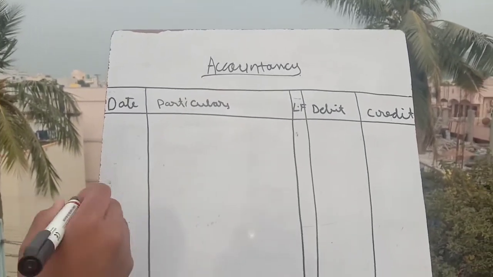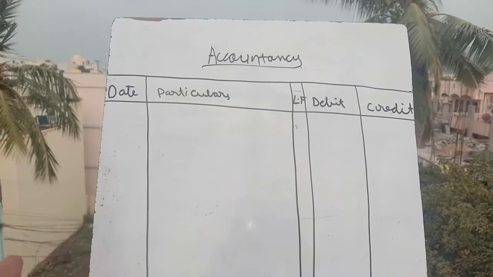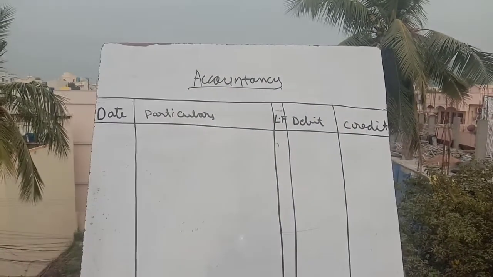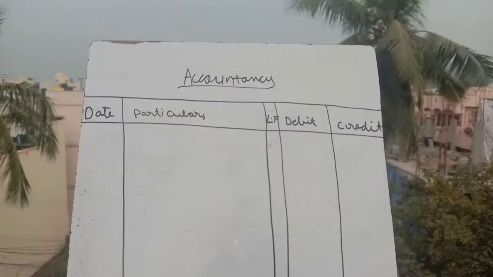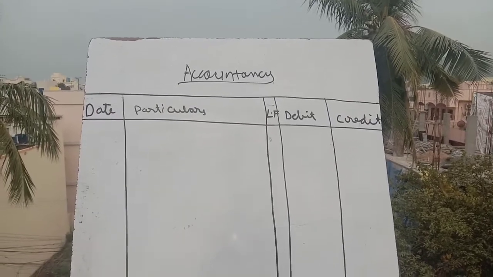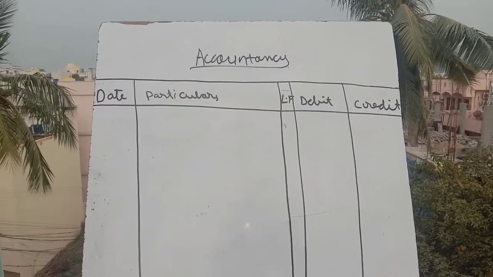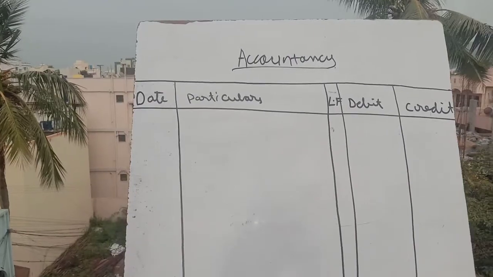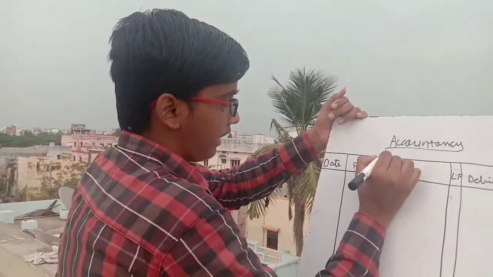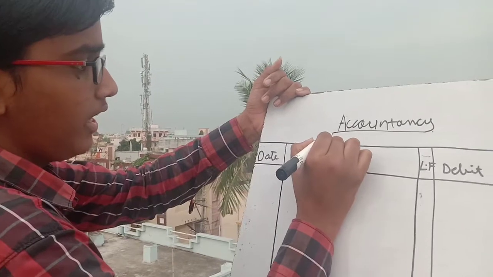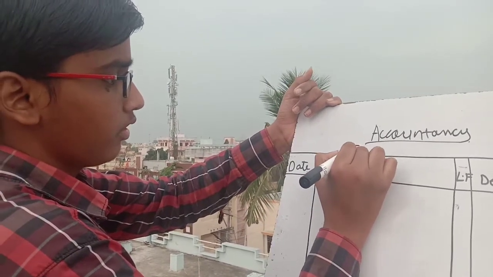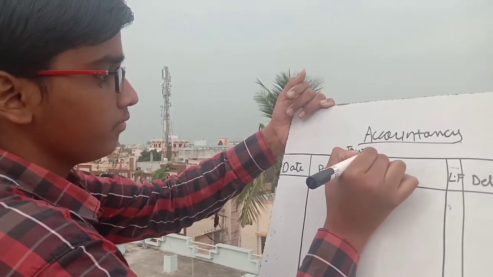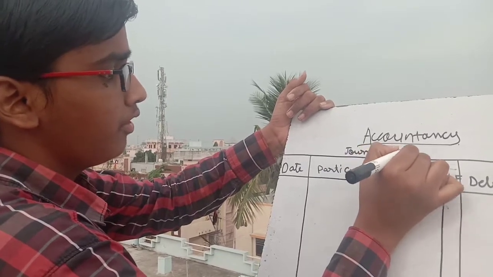So friends, when the name of the proprietor is given, that is, who starts the business, that is the proprietor. If some X starts the business, then the proprietor is X. If Y starts the business, then the proprietor is Y. So here Reddy has started the business, so the proprietor is Reddy. When the name of the proprietor is given, we have to write the name of the proprietor: Journal of Reddy, or entries in the books of Reddy.